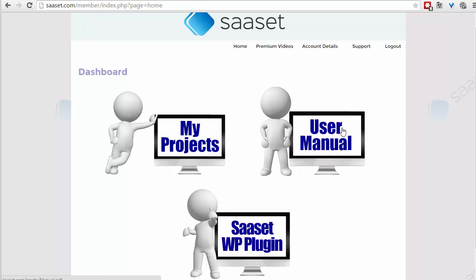The user manual I strongly recommend you download and you go through it. I appreciate people don't love reading through manuals, but we deliberately kept the user guide for this concise. At the time of this recording it's less than 25 pages. It's a no fluff, no filler guide that talks you through everything and gives you some pointers and it just explains everything. And really it's all you need to get cracking with SaaSet,